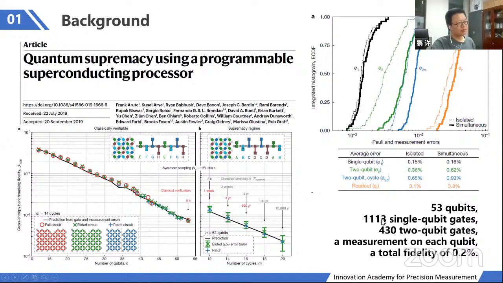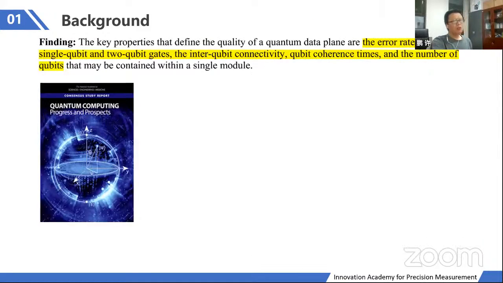They have demonstrated some 1,000 single qubit gates and 100 2 qubit gates in the quantum chip. So with all this